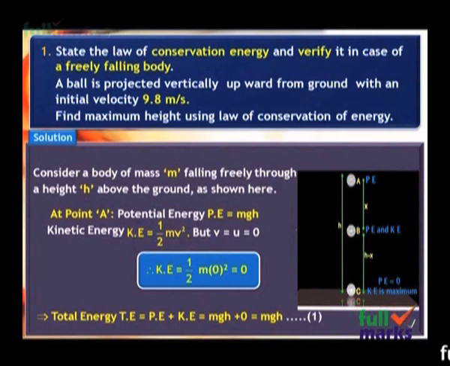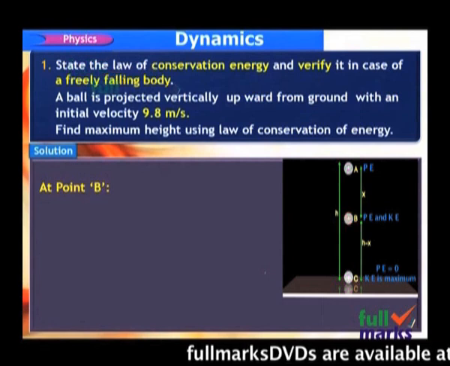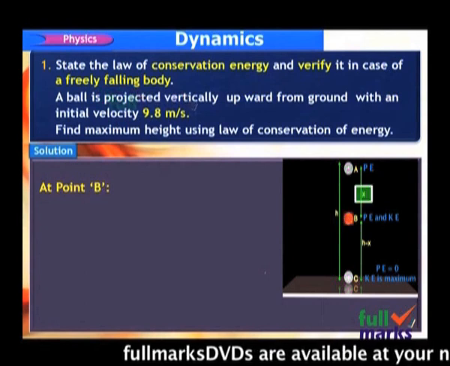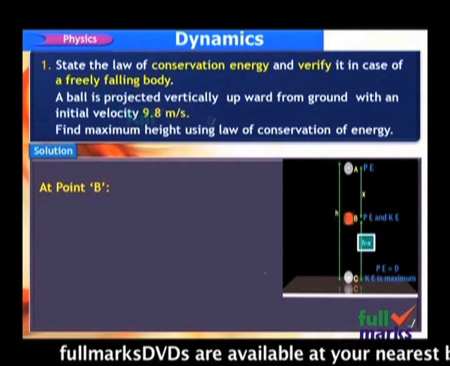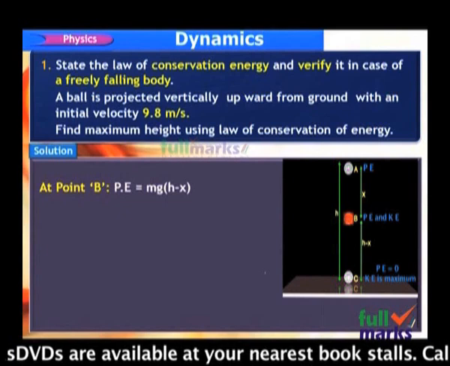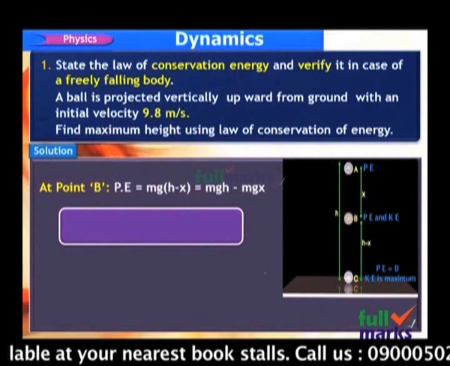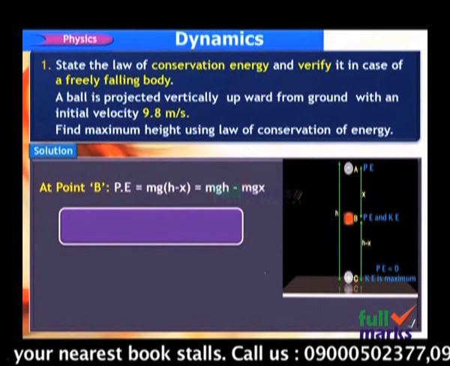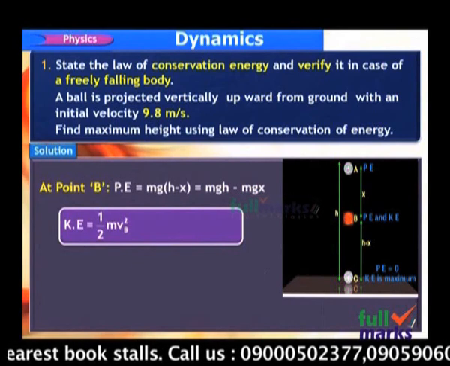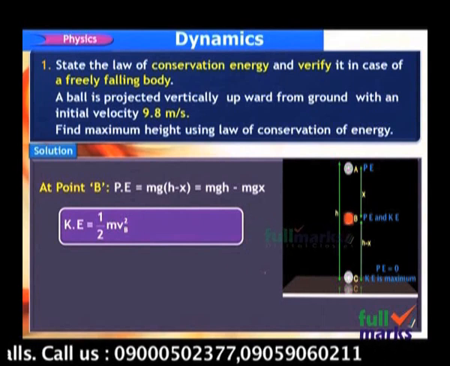Now you find the energy at B. At B, the body has both potential and kinetic energy. Let us consider B is the point after traveling a distance x, as you are seeing in the figure. Now this is at a height h minus x. At this position, potential energy is mg into h minus x, which is mgh minus mgx. Now at this point, what is the kinetic energy? Let us consider the kinetic energy is half m vb square, where vb is the velocity at point B. This is nothing but 2gx.